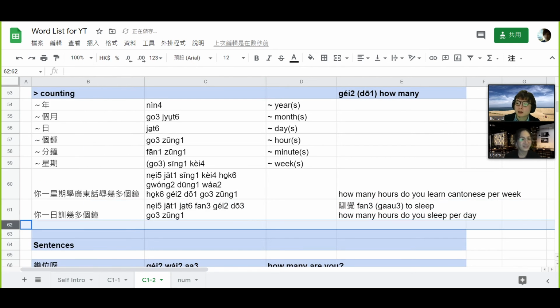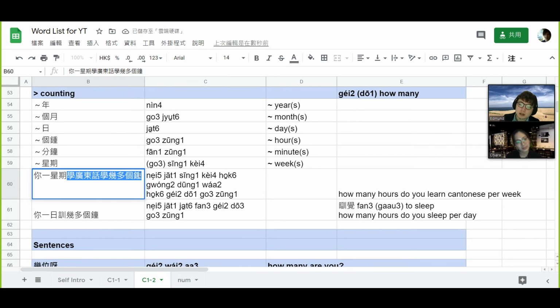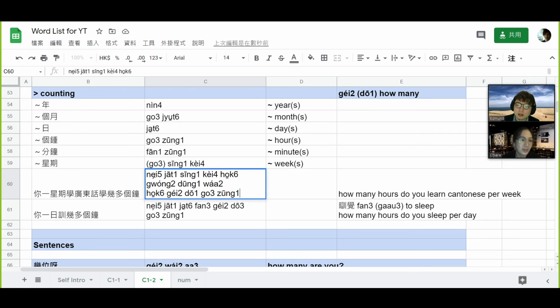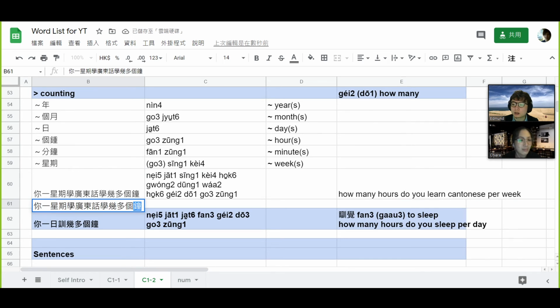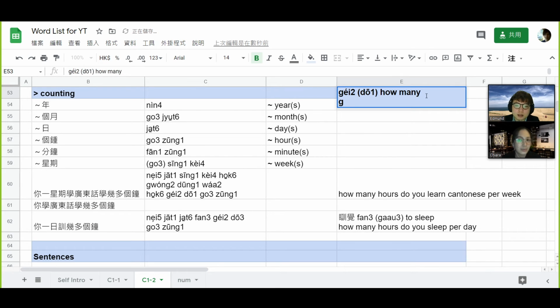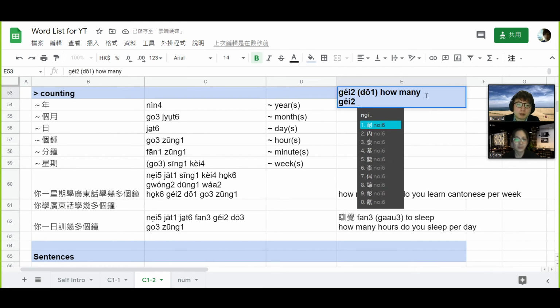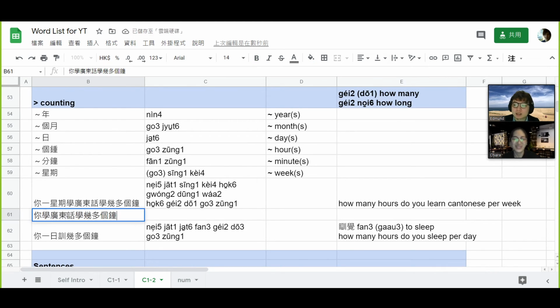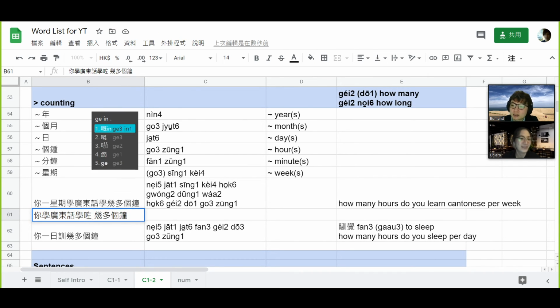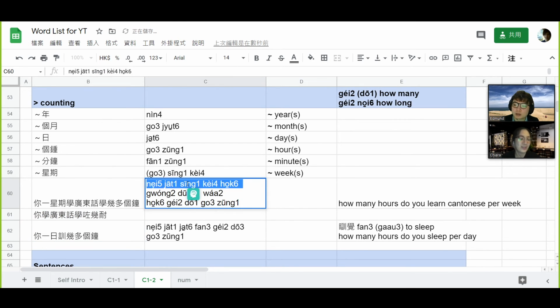Like for example I can adjust this sentence a bit to ask how long have you been learning Cantonese. 你學廣東話學咗幾耐？How long have you been learning Cantonese? 幾耐 is how long? I think we talked about that last time, or maybe we did not. I don't know. Not sure. 幾耐 is how long? And 咗 of course is the past tense. 你學廣東話學咗幾耐？